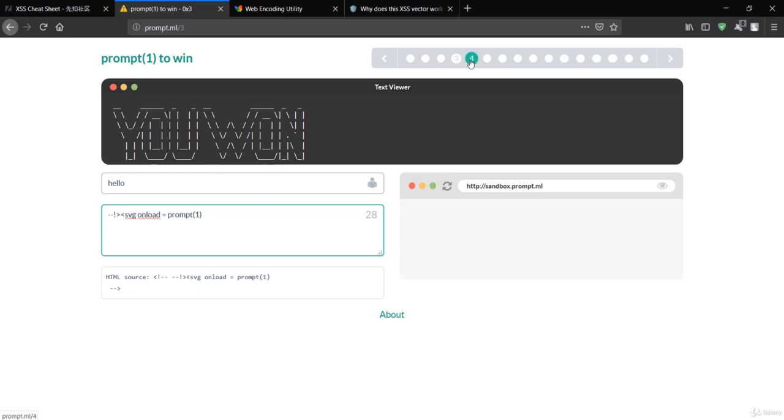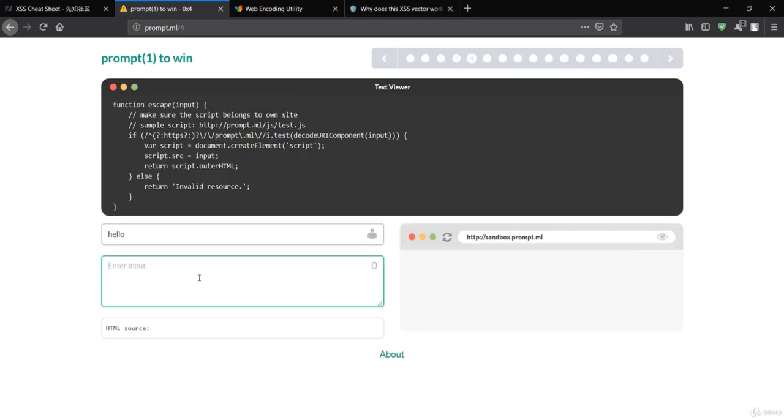So next one is the fourth challenge. Here I'll see some of the methods. It is going to get the sample script. Whatever we pass here, let me pass this link instead of this testers, and let's see what is happening over here. It is a simple challenge, by the way. Let me paste it down here. It is showing that the link is injected inside this src.